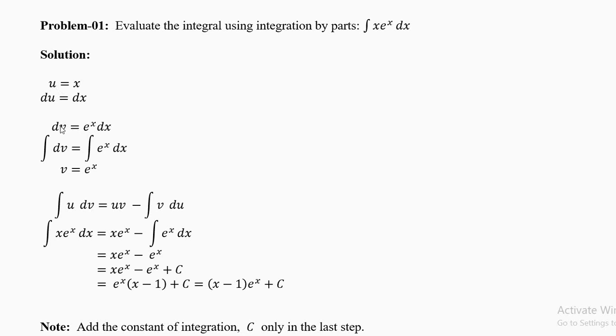So you have to choose dv in such a way that you can integrate it here. The integration of dv is v, and whatever you choose here, you have to integrate it the way you are seeing the integration of the exponential function. So if you choose u equal to x, then dv will be equal to e power x dx. Everything from the integrand has to be accommodated in two places, u equal to something and dv equal to something. Do not leave out anything. Sometimes you'll have 4-5 things here. So you have to fit all of them into these two things.